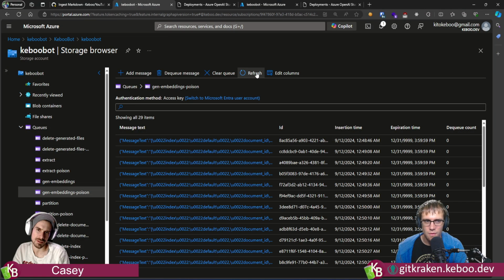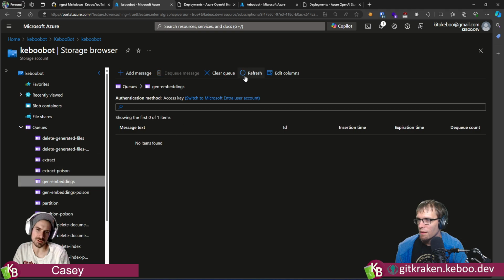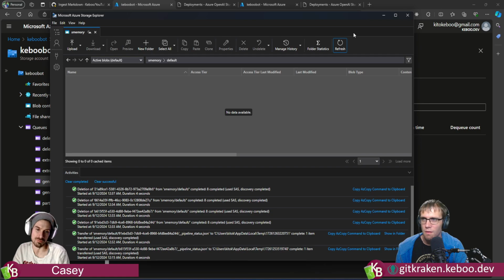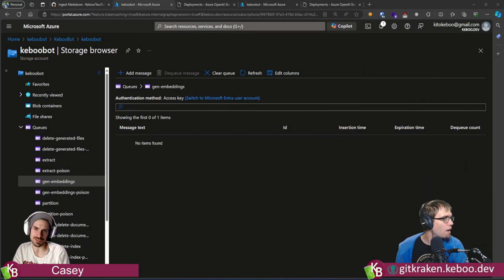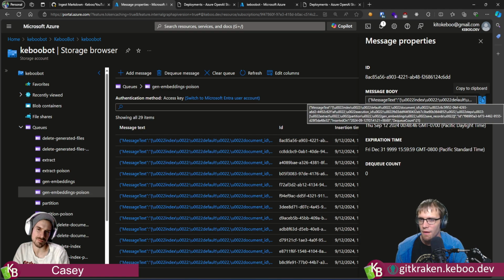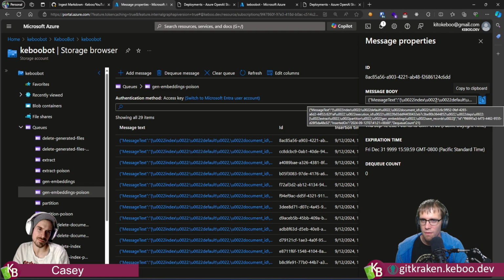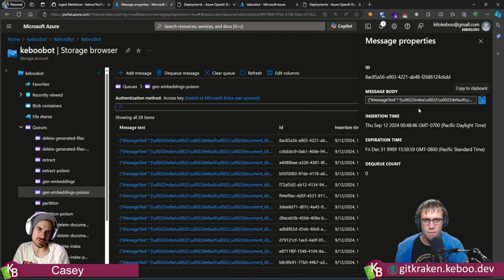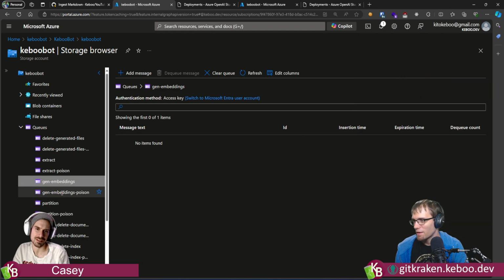I guess the question will be, does storage browser or Storage Explorer give you the ability to mess with queues? What do you want to do? Move all those messages back over to the queue? They keep track of their DQ count. Wait, the one you moved had 0 DQ. I thought it was going to be changed. I changed it to 0. So I want to pull it and bring it over.